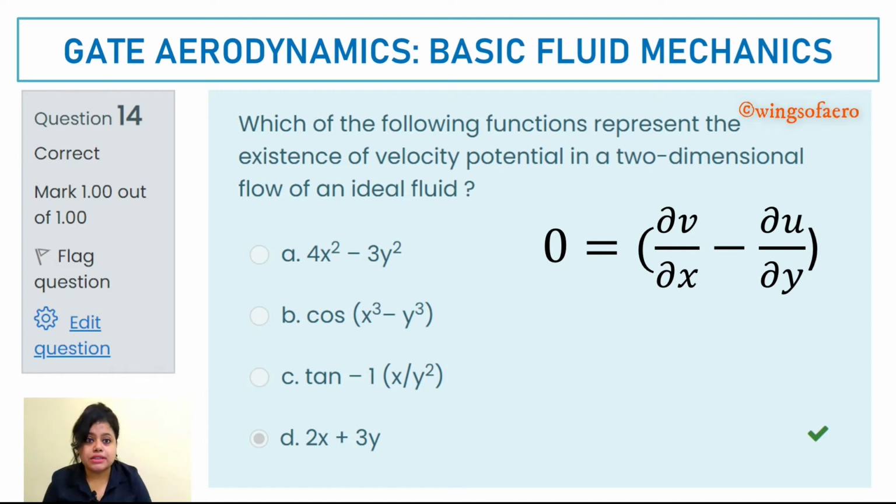To find out whether the flow is irrotational, what is the formula? That means vorticity has to be 0. There should not be any angular velocity. You know the formula for angular velocity, ∂v/∂x minus ∂u/∂y. It has to be equal to 0, only single derivatives. So when you derive that, if you have square terms, obviously it is not going to be 0.